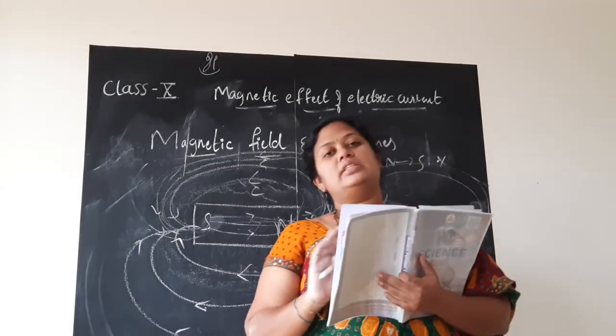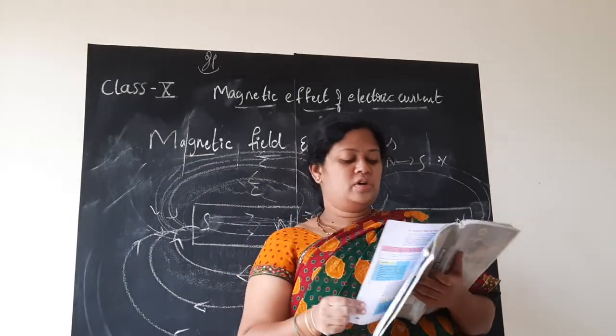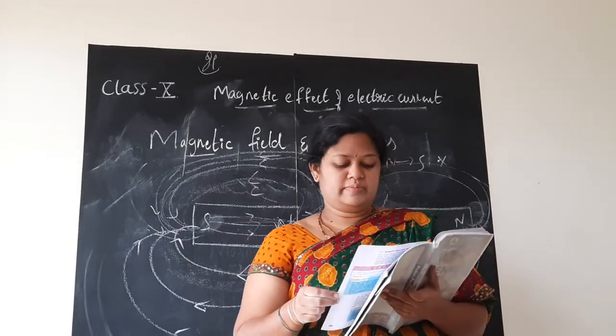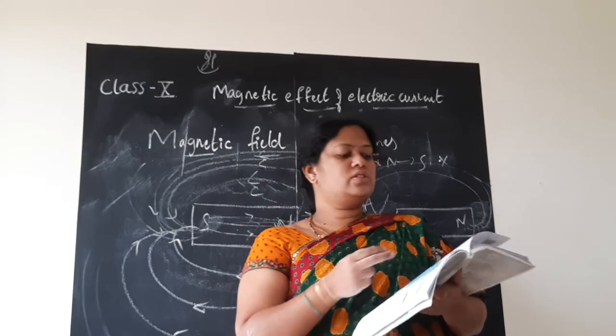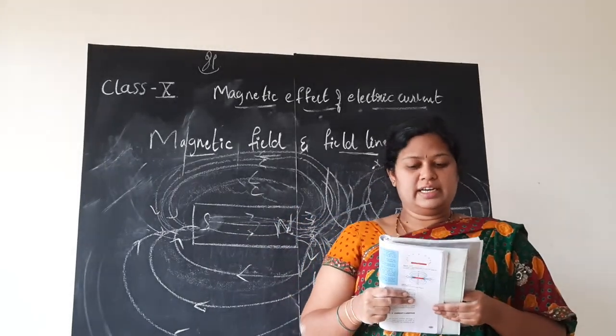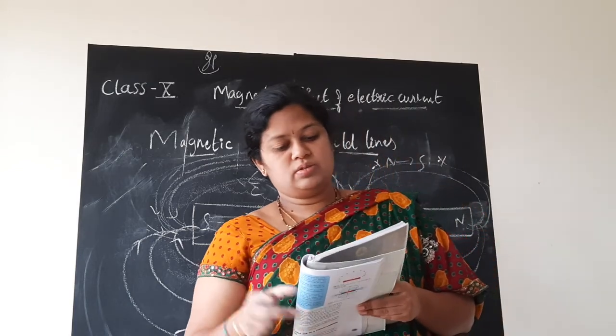Apart from that, the rest of the whole lesson is there. Still, I explained to you activity 13.1 where we kept the magnetic compass and studied, so that you can just go through it, children. Next you have the magnetic field and magnetic field lines. So quickly we shall read.